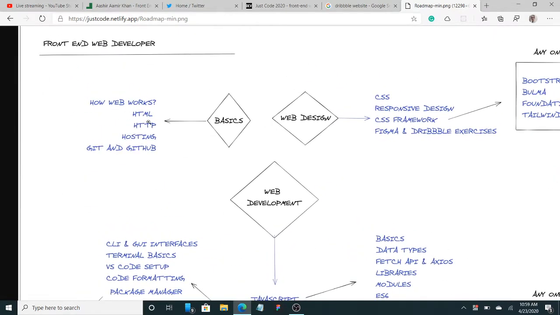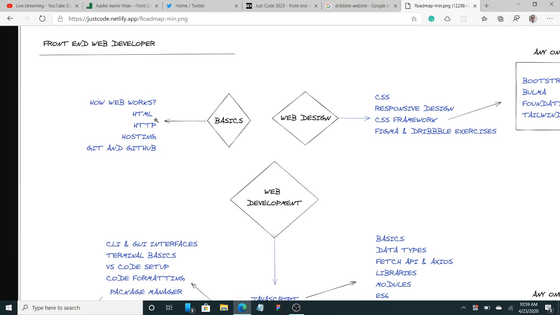We'll start with the basics, how the web works. That's the most essential thing right now, to see how the web works, how websites come to our browser, how we send the request, how the caching works, how the server works, what servers are, what hosting is and what DNS is. And the second thing is HTML, the basic language, with basic things like body, head, tags. It's the basic language that everyone can learn. But the problem is that they learn this and this and this and then go away.